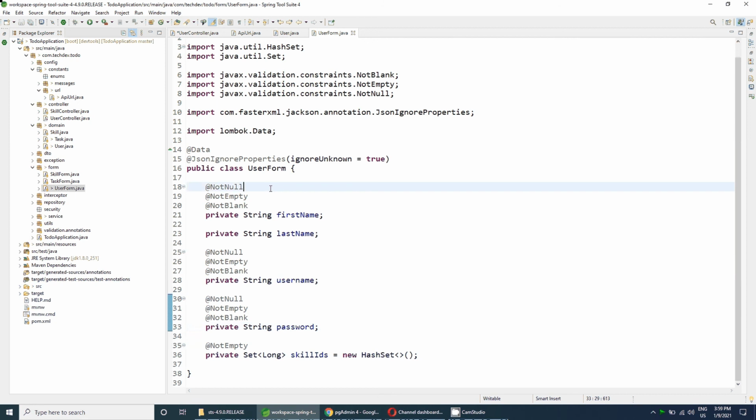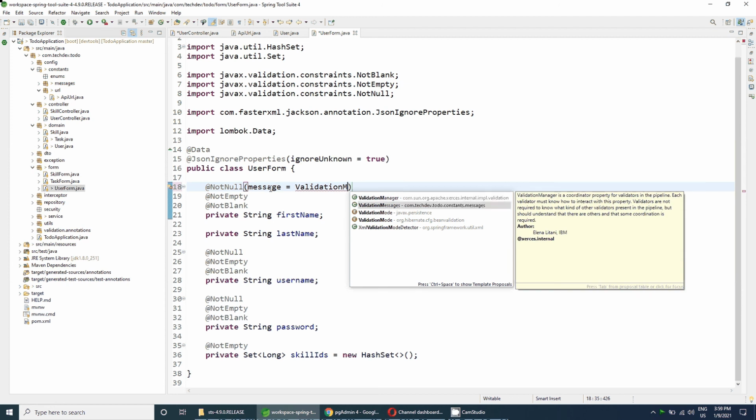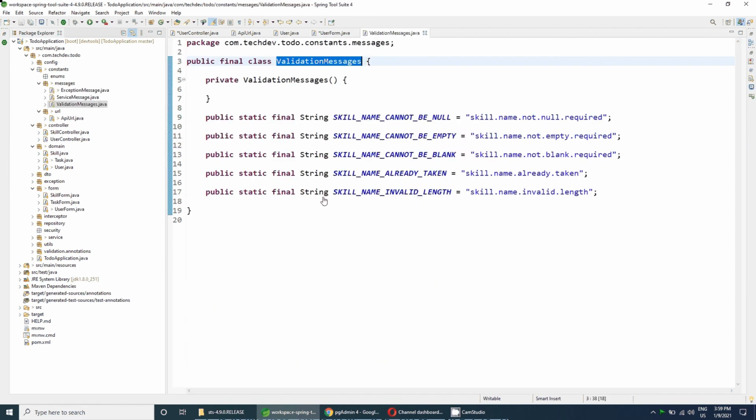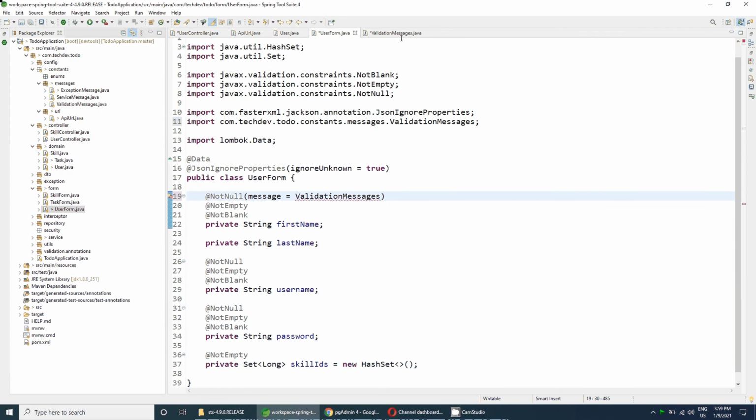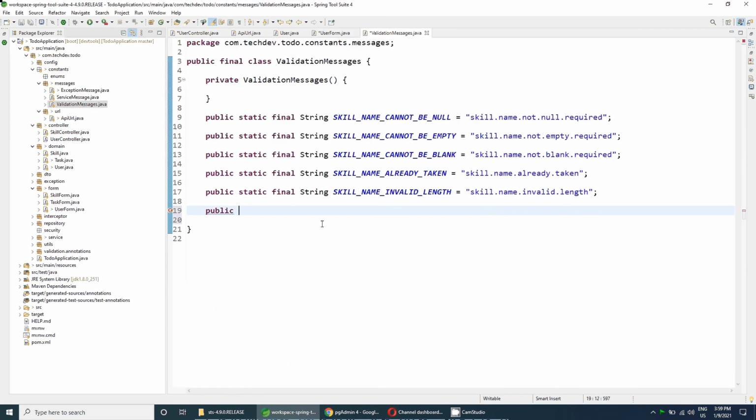Now it is time to set up the message attribute inside them, and the messages are contained in the validation messages class. We have the validation messages for skill, so let's create the messages for user first name, last name, username, password, and the skill IDs. One by one we will create them. Let's start with the first name.